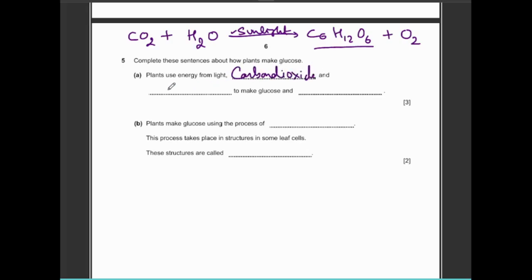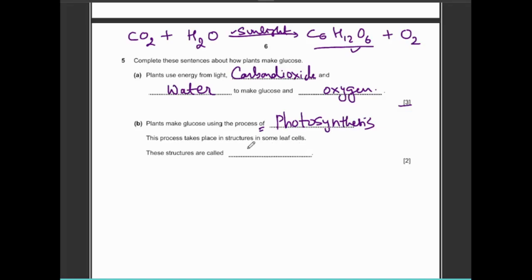Then we mention here water to make glucose, and glucose is already there, and it's oxygen. So this has got 3 marks. Plants make glucose using the process of, as we have mentioned, photosynthesis. Easy, right? When you know the reaction here, this process takes place in a structure in some leaf cells, and these